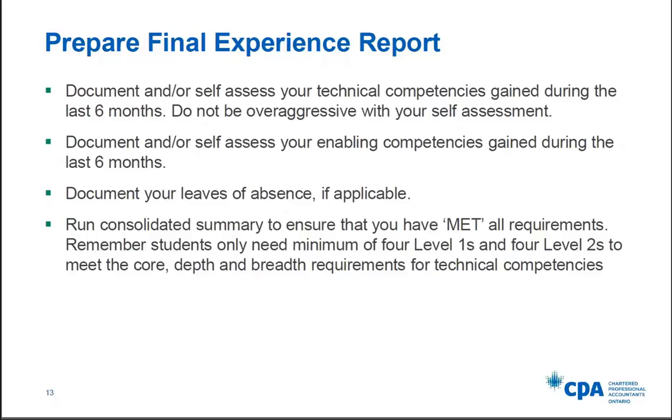Do not be overly aggressive when self-assessing yourself. Remember that you only need 4 level 1s and 4 level 2s to meet the exit requirements. If you are in a pre-approved program, pay close attention to the target proficiencies that are laid out in PERT. Those are the proficiencies that were determined when your program was pre-approved. So unless you were doing something quite different from what the map was designed for, you should be in alignment